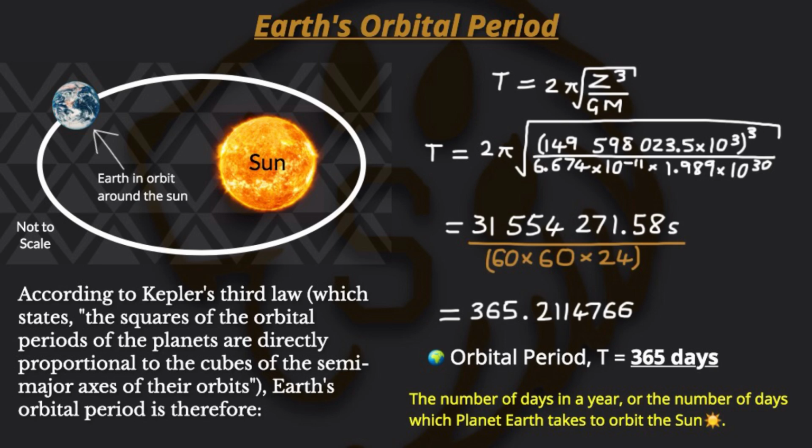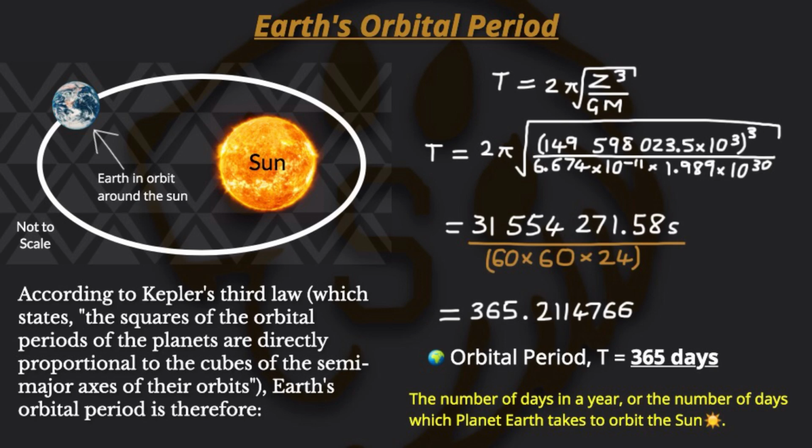We have 60 minutes in an hour. We have 60 seconds in a minute. That's the idea behind it. And then we divide by the 24 hours and we get the days. But to just sum it up at once, we just say all those values 60, 60 and 24, we just multiply all of them together, and then we make them one denominator that we just divide into those number of seconds, and then we get our 365.2